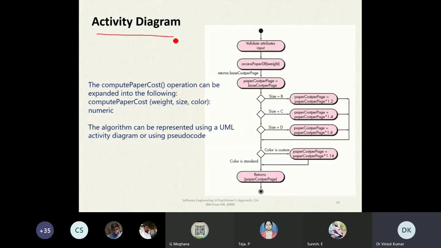Activity diagram. Can anybody tell what is the use of an activity diagram? Huh? Suresh? Nobody. Activity diagram is used for which purpose?